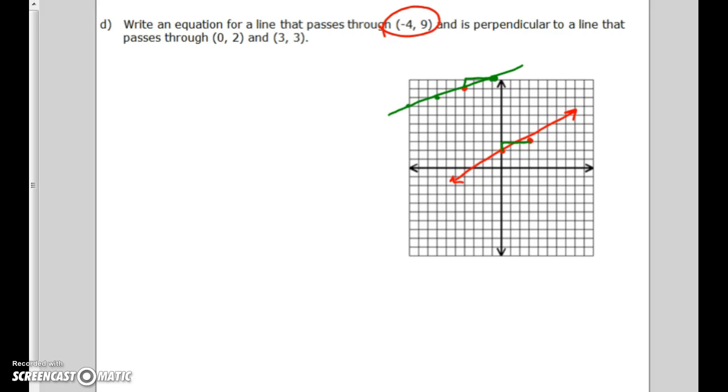Okay, and on this last problem, if I graph -4, 9, that gets to this point right here. I graph the point 0, 2 here, and 3, 3 here. So my slope of this line is up 1 and over 3. The problem is I made a mistake here, and what you really want is a line that's perpendicular. So my slope for this one is 1 over 2. Remember, you have to do the OR, which means it's going to be -2 over 1. And I have to go through the point -4, 9. So from there, I'm going to go down 2 and over 1, down 2 over 1. So my equation would be y is equal